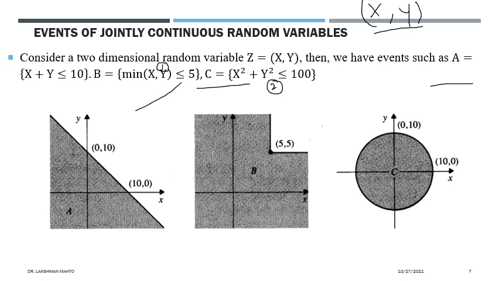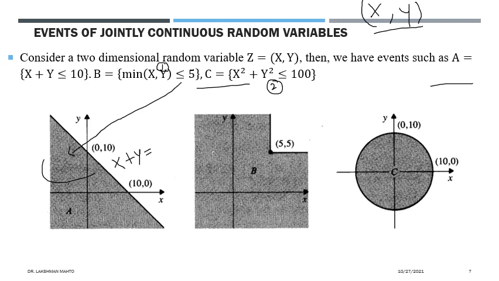So this event talks about a region in this xy plane, where we can easily see the name of this line. Remember that we write capital letters here in order to signify that X and Y are random variables; these are not deterministic. A specific value of x we denote by small x, and a specific value of y by small y. In that case it would be deterministic, but when you are talking about random variables, capital letters are used.